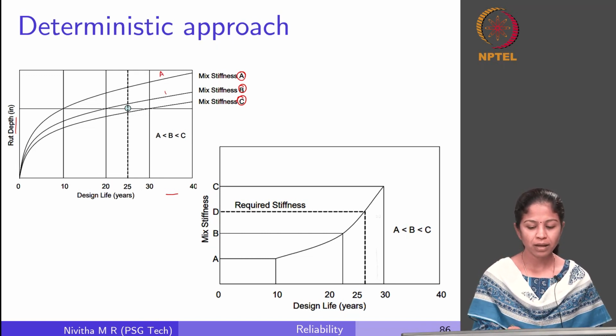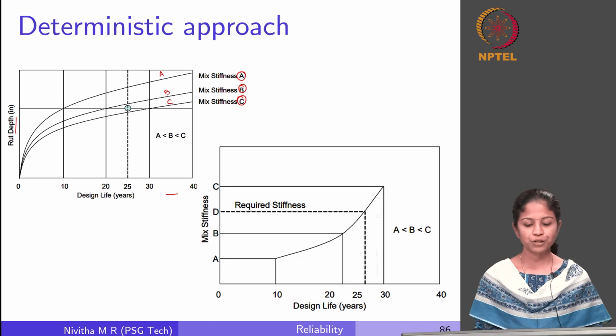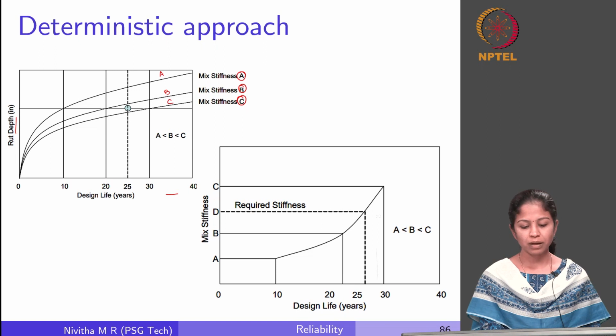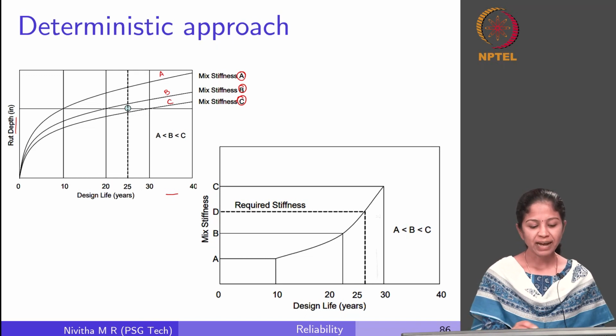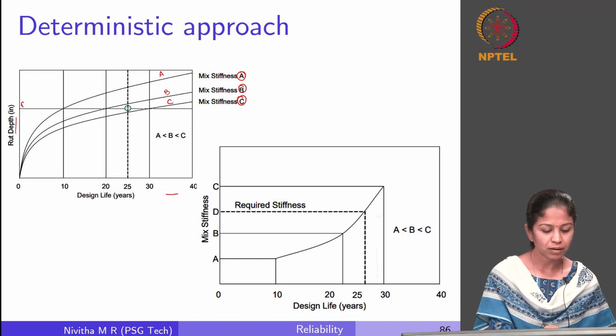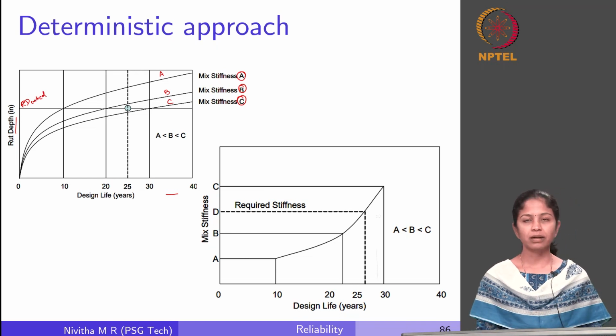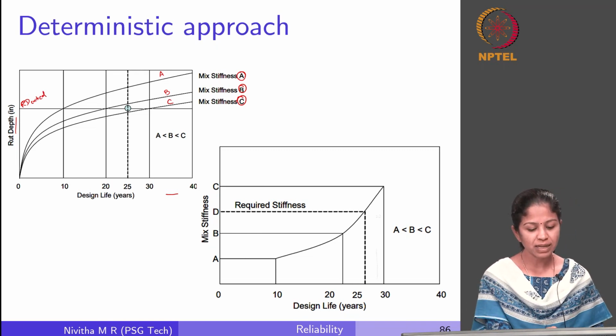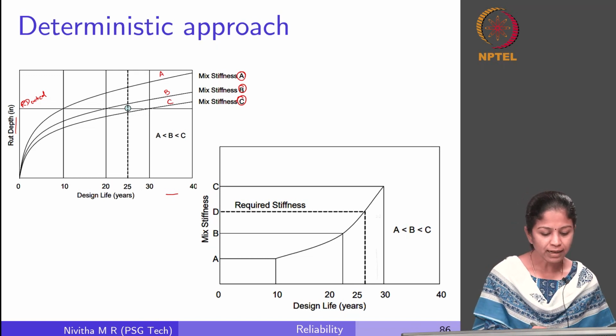So, this is for A, this is for B and this is for C. So, we see that the stiffness of mix A is less than that of B, which is less than that of C. Now, if we have this as the critical rut depth, let me call this rut depth critical. If we have this as the critical rut depth, we see that the critical rut depth is